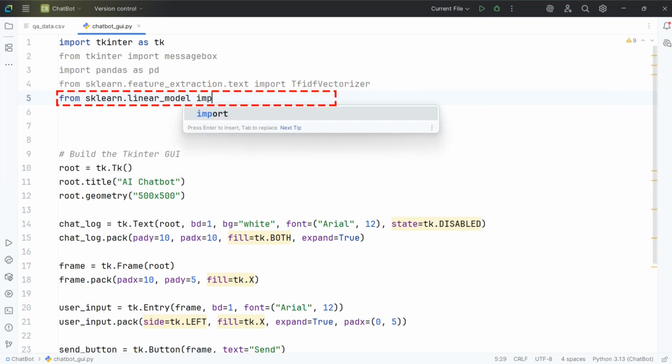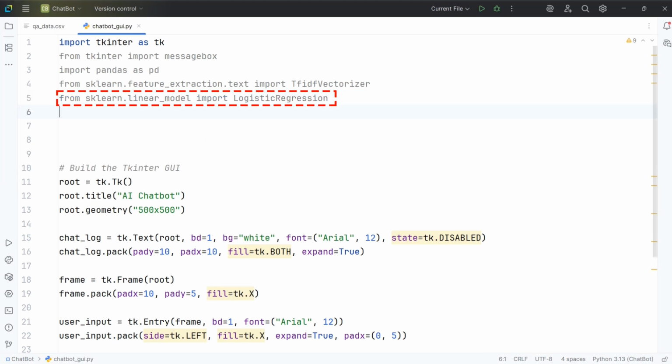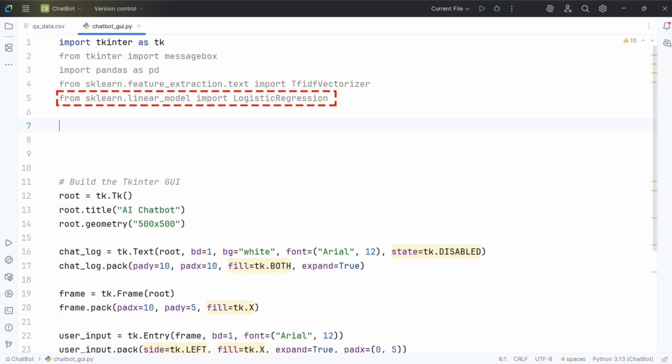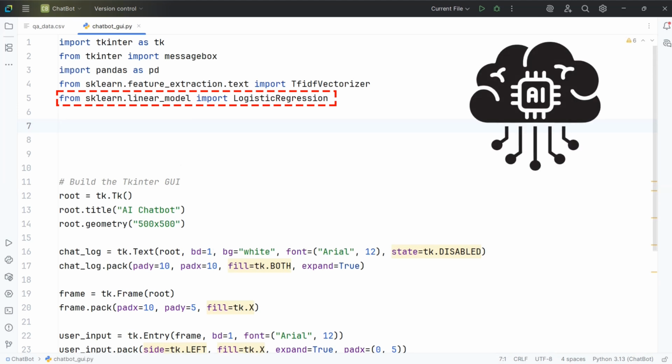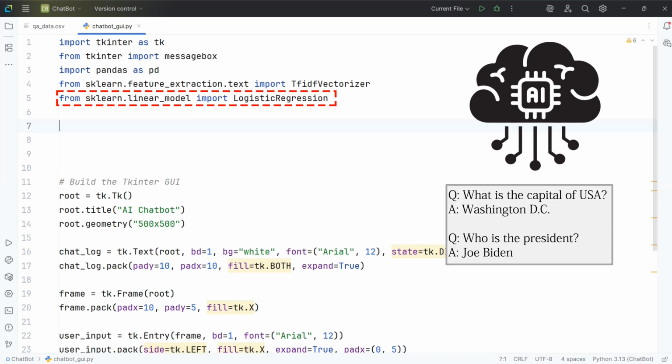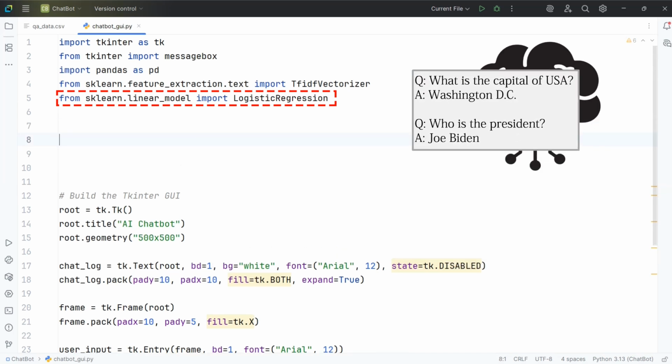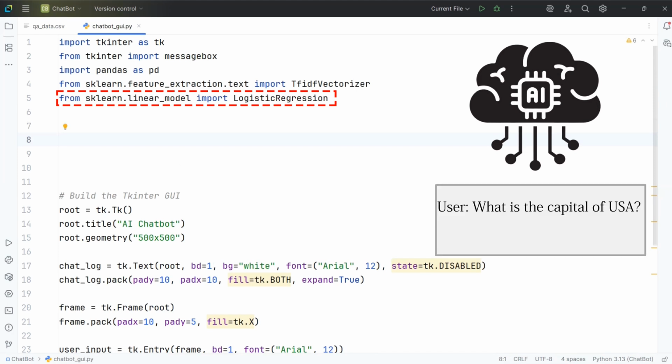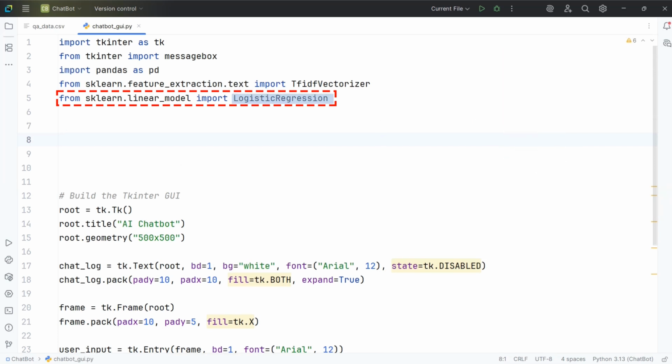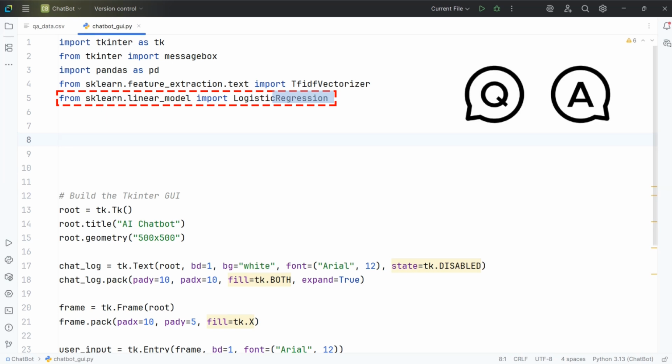We then import logistic regression from another part of the same library. This is the machine learning model we are going to use. A model in AI is like a smart brain that learns from examples. We are going to give it many questions and their correct answers, and the model will learn how to match new questions to the right answer. Logistic regression is one of the simplest and most widely used models for this type of task. Even though the name has the word regression in it, it actually works well for predicting categories, like matching a